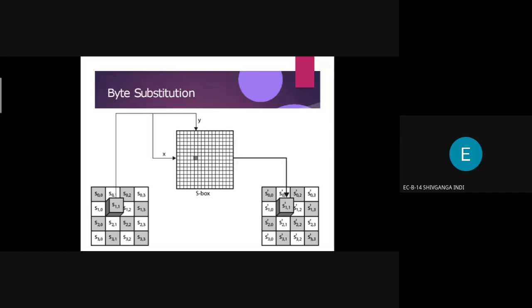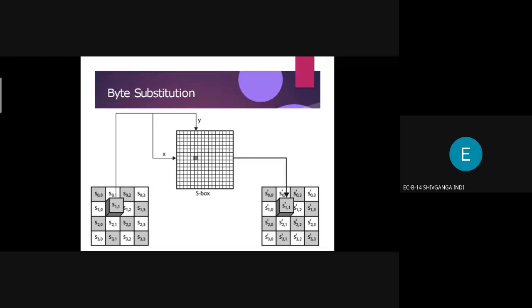Out of these four rows and four columns, if I have to replace one particular byte, we consider one row and one column. According to the row and column, we select one particular byte. Here we can consider S11. So how do we substitute this S11?